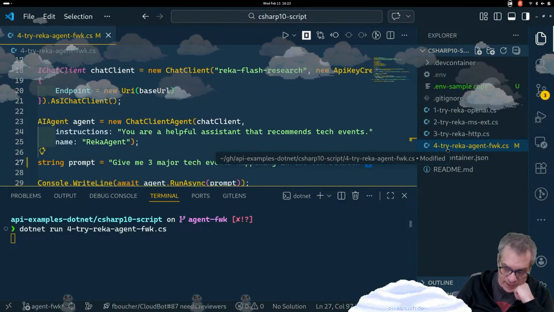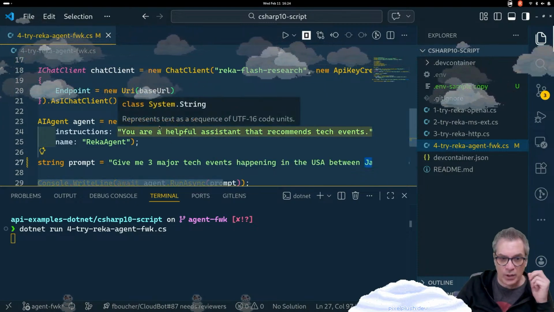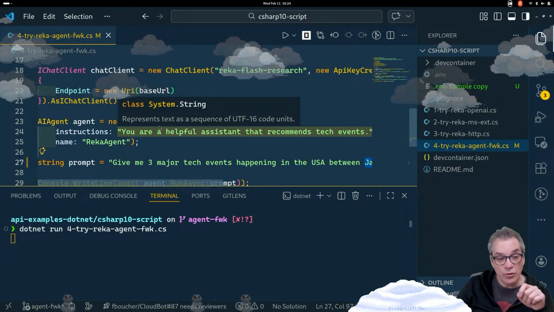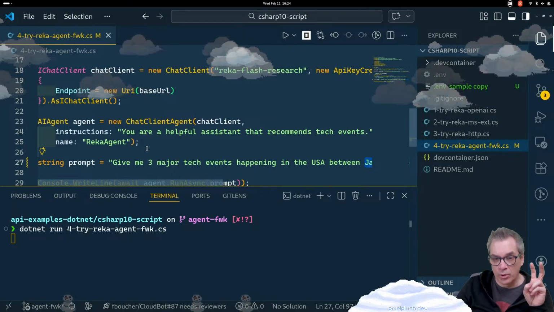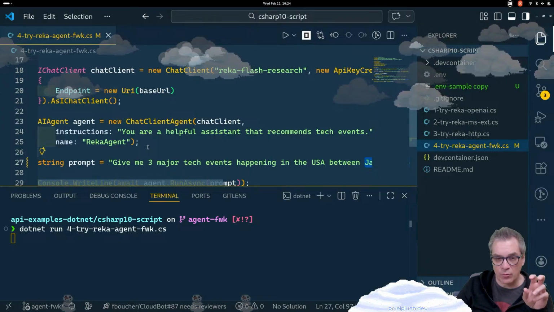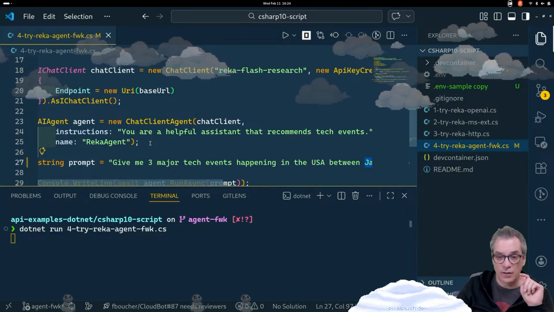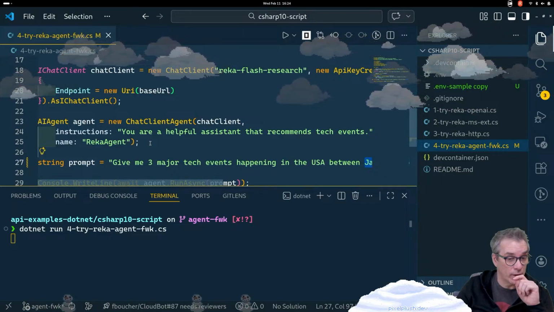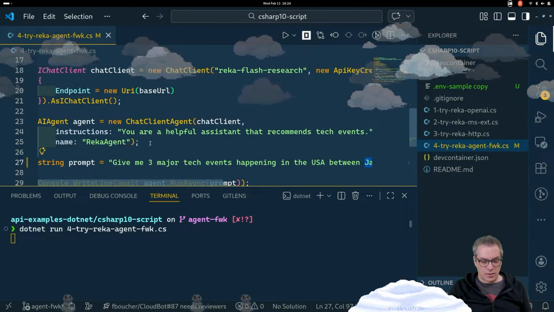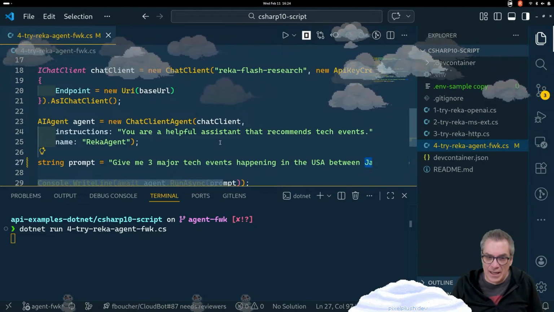So for the 5th example, what I want to do is the same example, but I want to force the format. I usually do that with pure HTTP requests with Reca, because back then none of the SDKs were supporting it. But this week, or last week, I saw an article from Jeremy Lickness, and he showed that.